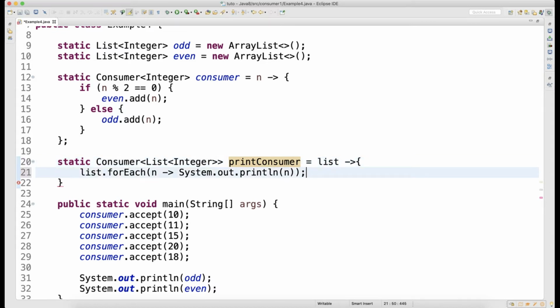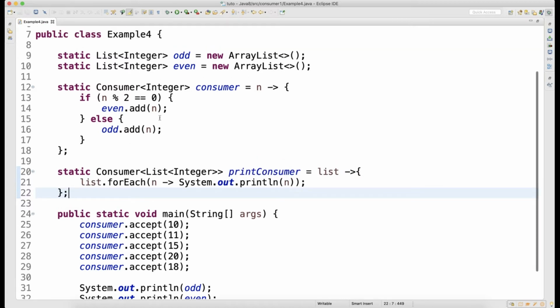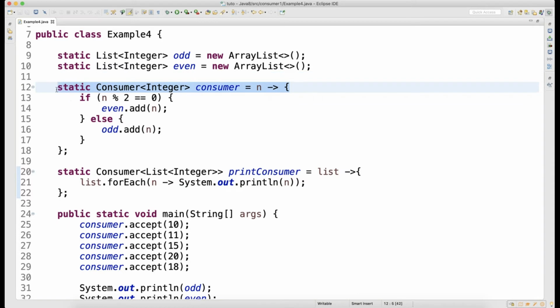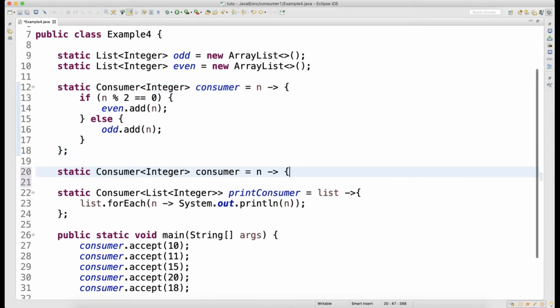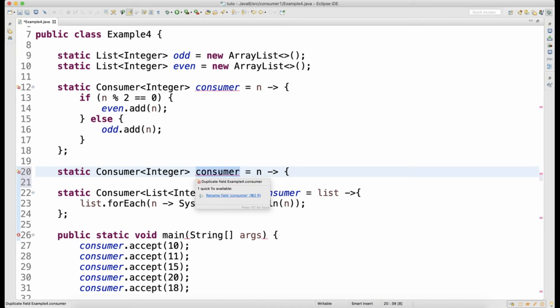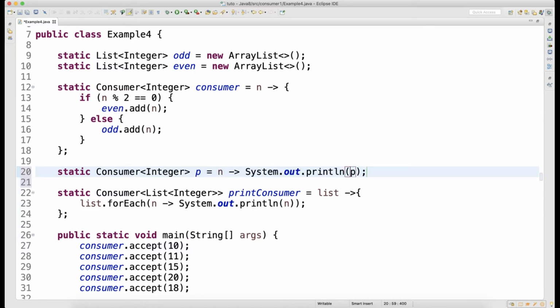You might be getting confused here, right? So this is nothing but one consumer, guys. Simple things. I have just written one consumer, nothing else. I can explain by taking this out. I can copy this line and write it like this, let's say P. So I can write one consumer like this, and it will just print the data.